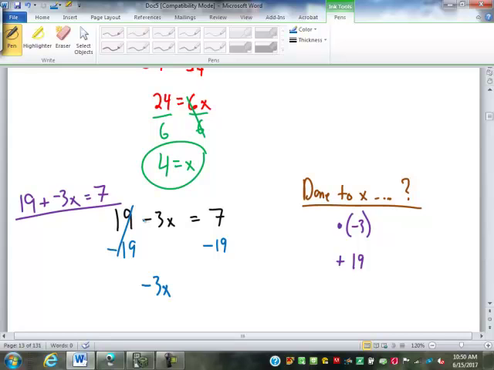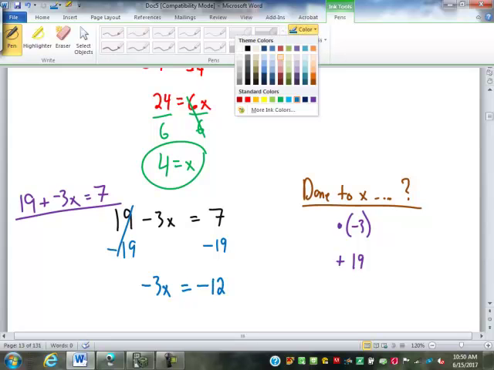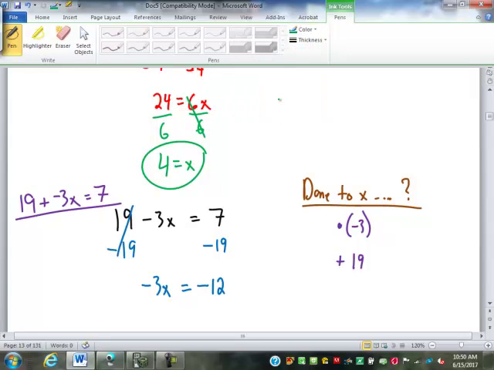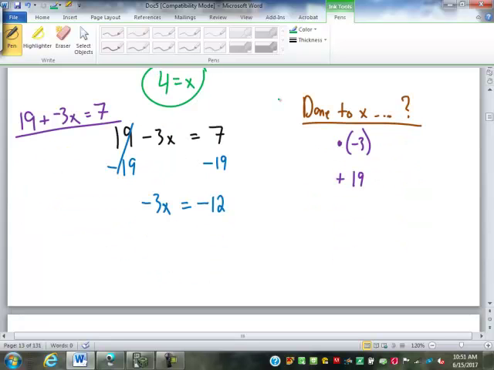Another common mistake is people drop that negative. It is a negative 3x equals 7 minus 19, which is? Negative 12. Now, I've done a lot so far today to avoid working with negatives. Here is one where it cannot be avoided. What do we do next? Divide by negative 3. So we get x equals